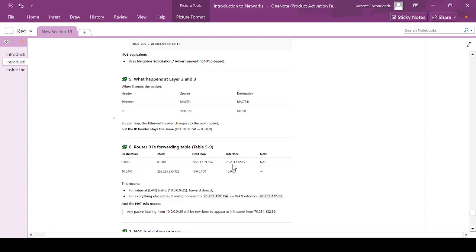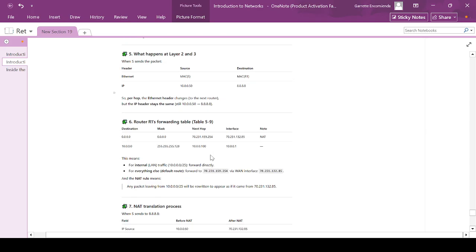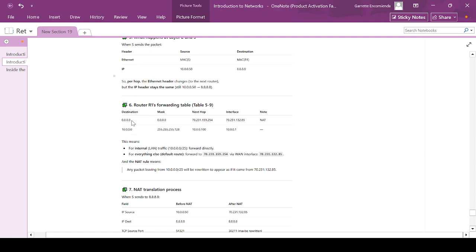So these are the interface to the public of R1, while its next hop, or where it will send the packet next. So this is the default routing entry on its routing table. This is the next NIC where it will send the data from S that has S and D as source and destination. So destination 10.0.0.0 mask